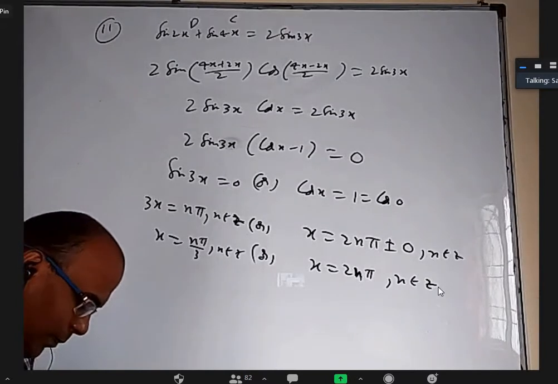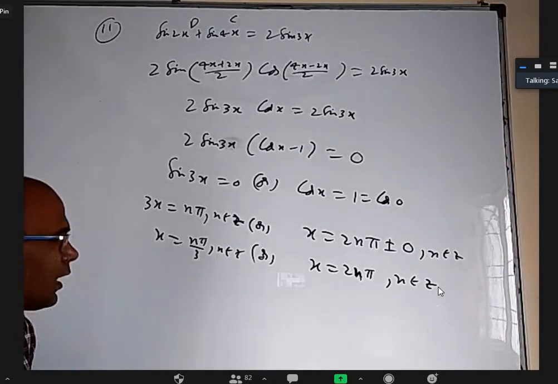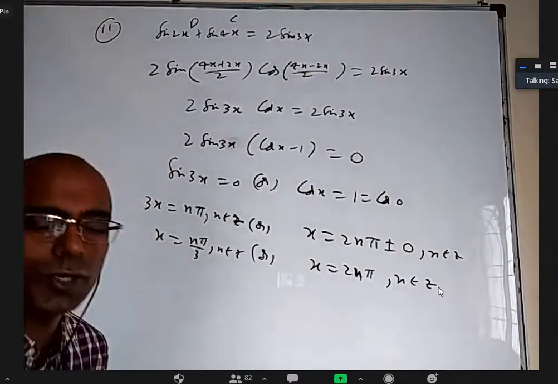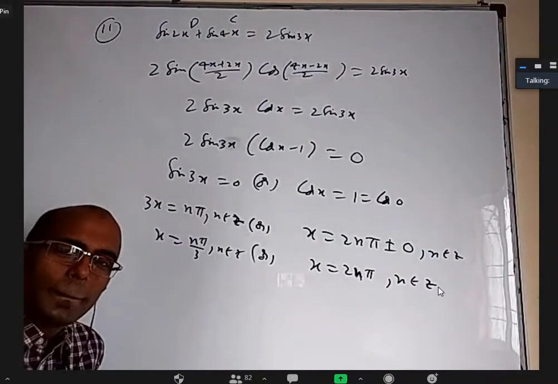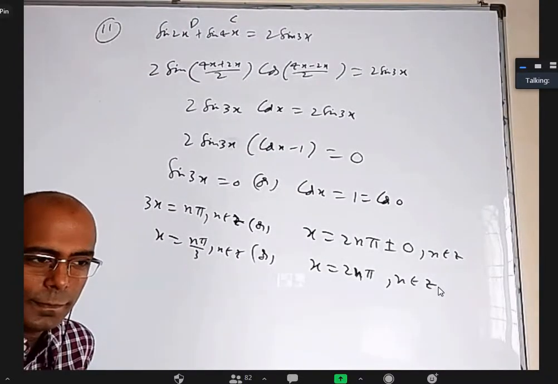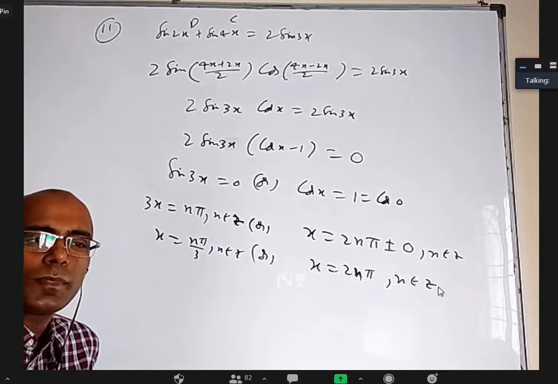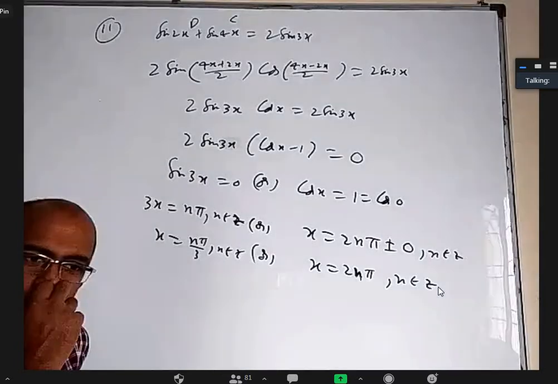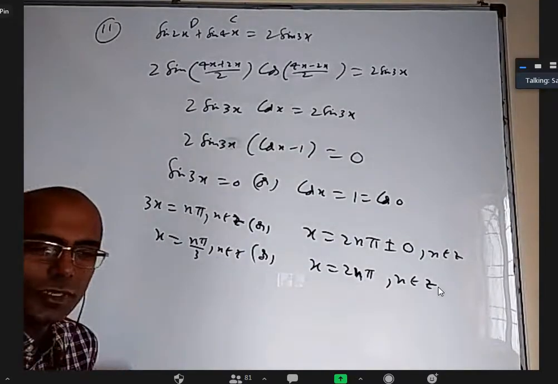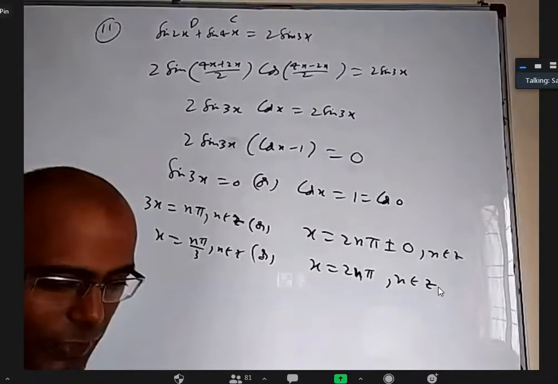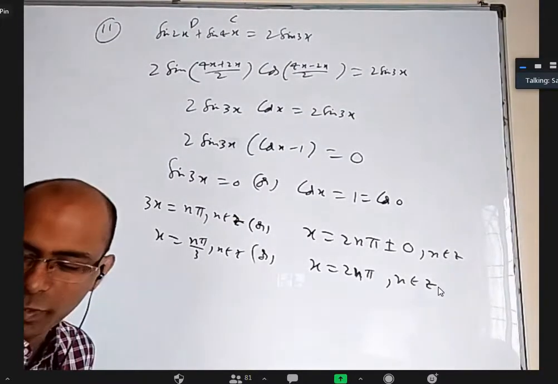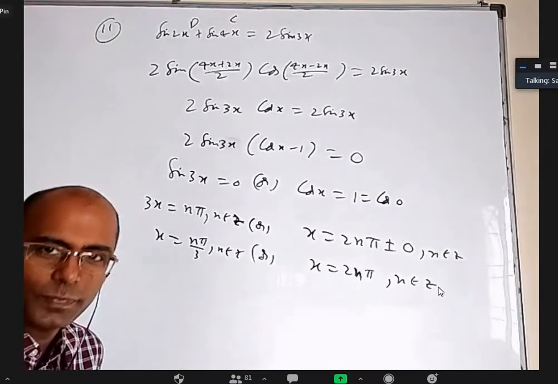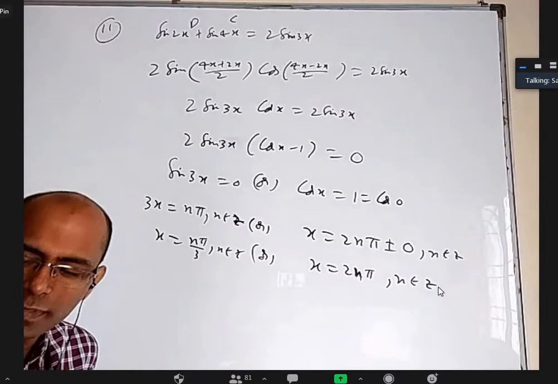Now one may say in the 11th question the options, option A is this one, option B is this one, and it's a single answer question. What to do? Of course, sometimes if two answers are there, we'll keep two answers in JEE Mains. One or two times they gave questions where, in a single answer question, by mistake two options were right. If you keep any one of them, they will give marks. But this one is not like that. There is something else in this.